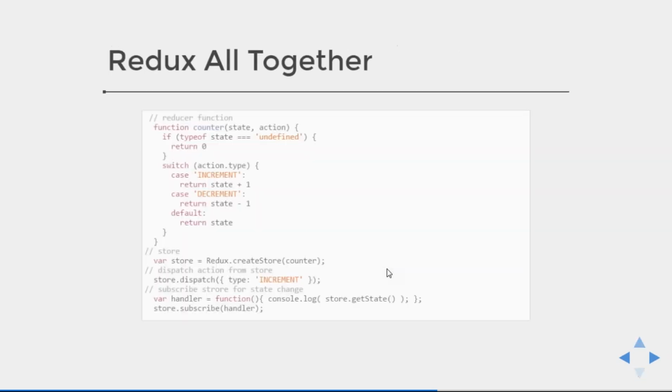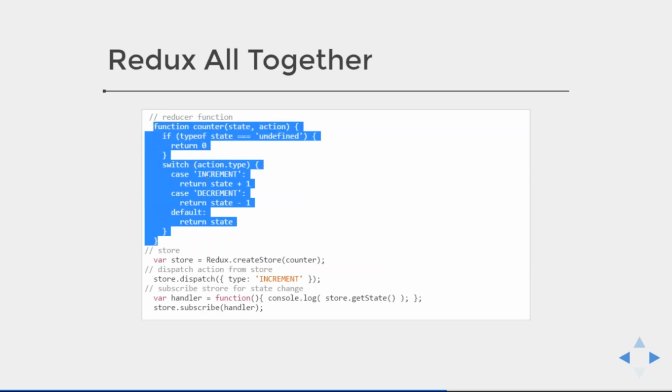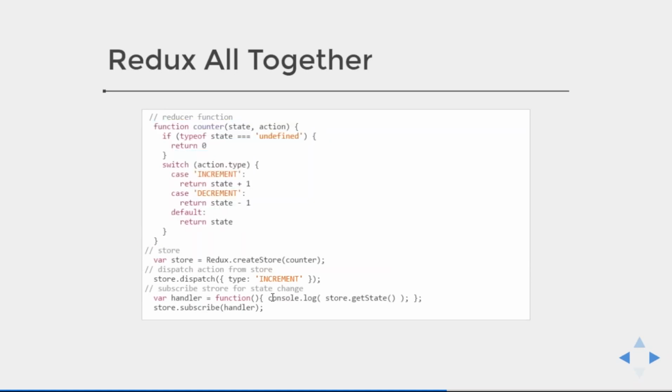I have talked only about Redux here. This is the complete set of lines of code which I have written. One is a reducer, then the store, then I have dispatched some action, and here I'm subscribing to it. Whatever changes happen in the state object returned from this reducer will get printed here because I'm subscribing to this store. Whatever you change in the state, this handler code will be executed every time, because I have already subscribed. Whatever change you make, I will be able to get it printed using this callback handler. Okay, so this is all about Redux only.